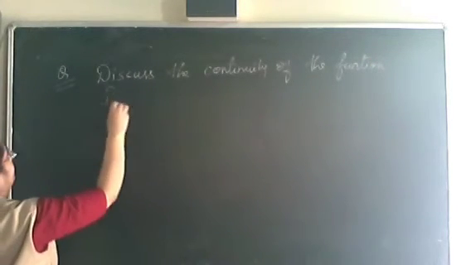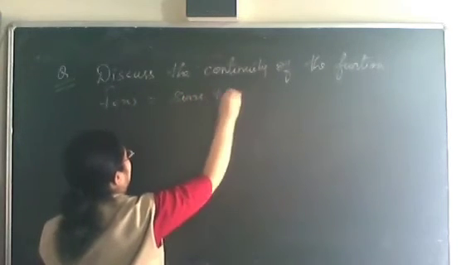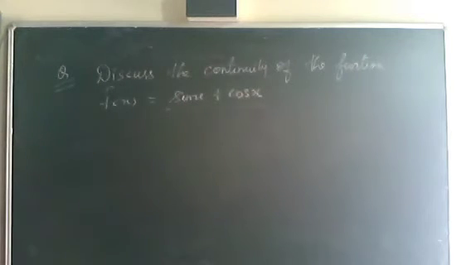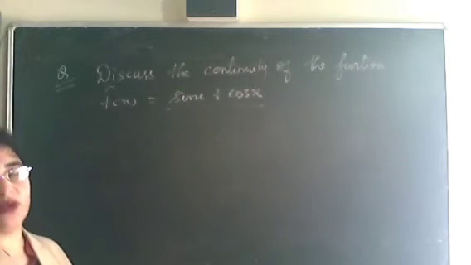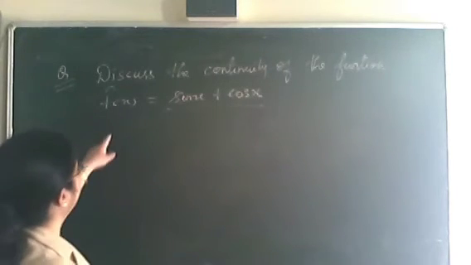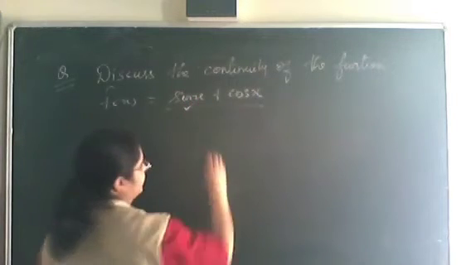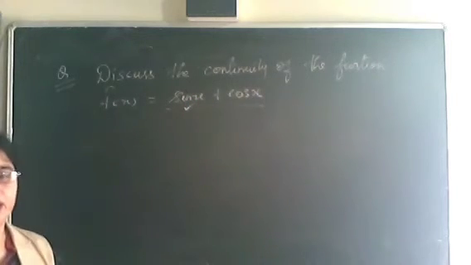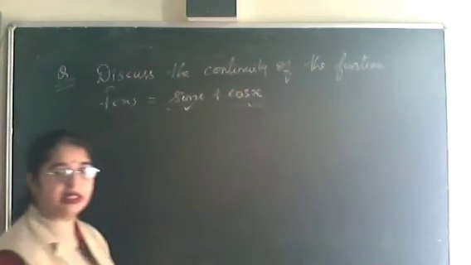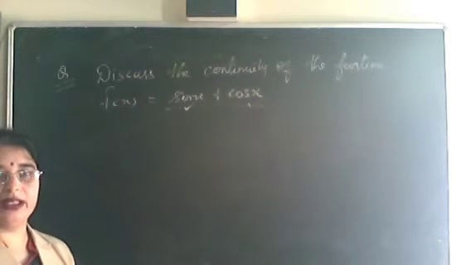f(x) is equal to sin x plus cos x. Now, whenever you have this type of function, if it is a 1 mark question, you can say it directly. What we can say is that if f(x) is equal to sin x plus cos x, then sin is a continuous function. You have seen with the help of the graph, it's a wave. Clear? Cos x is again continuous because the graph goes on indefinitely. Clear? For every value of x, we have a value of y.